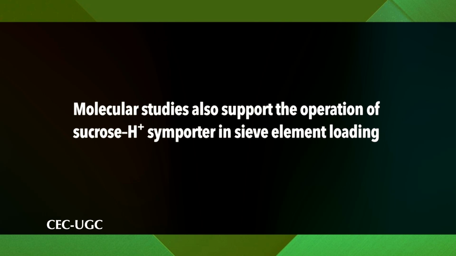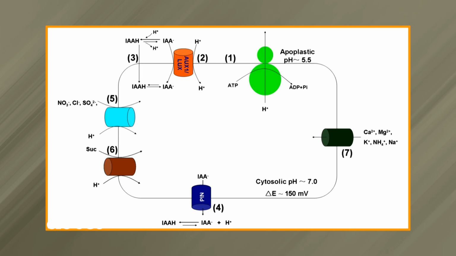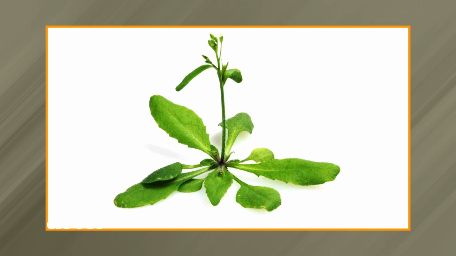Molecular studies also support the operation of a sucrose H+ symporter in sieve element loading. Proton pumping ATPases are localized in the plasma membranes of companion cells of Arabidopsis. These ATPases were also found on the plasma membranes of transfer cells of broad bean. Most importantly, these pumps are localized more in the plasma membrane enfoldings that face the bundle sheath and phloem parenchyma